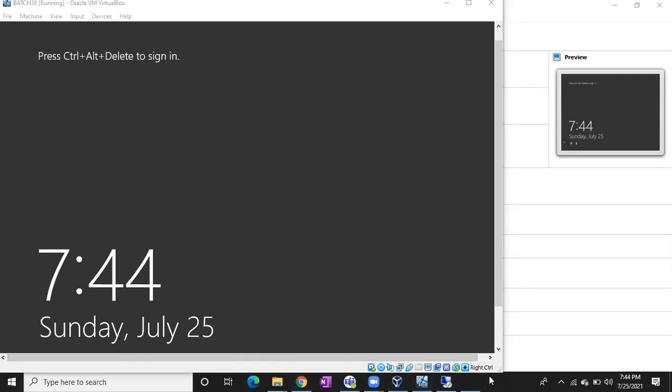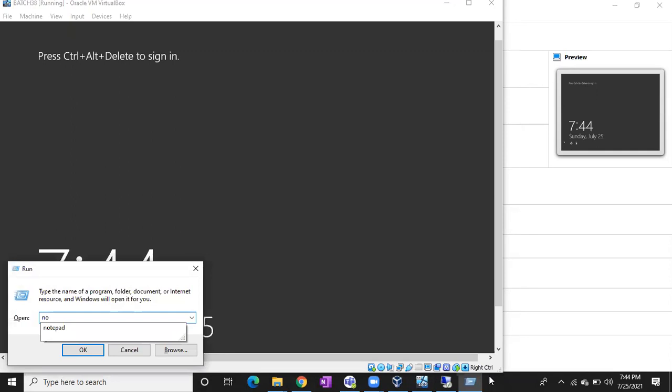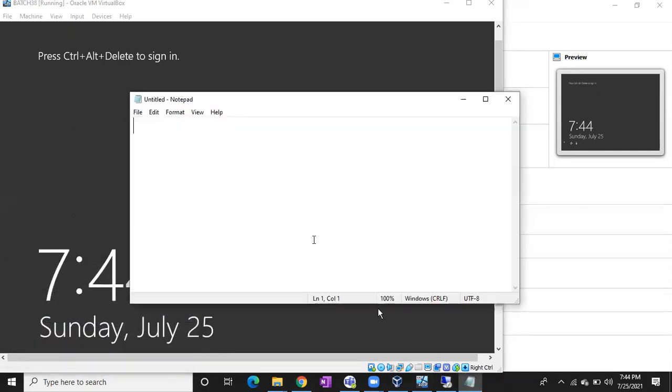I have Management Studio 18.8, which is the latest version. Okay, fine. By using this Management Studio, can I connect to SQL Server 2014?